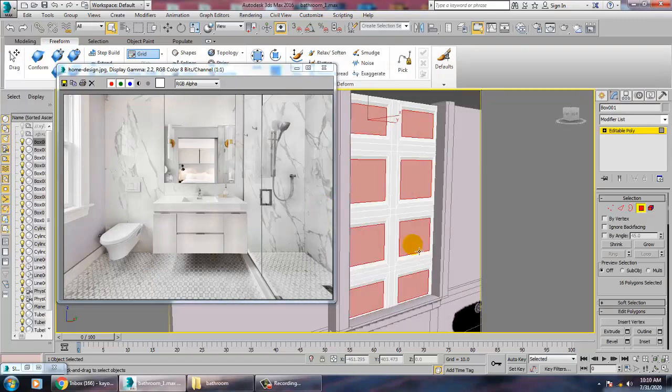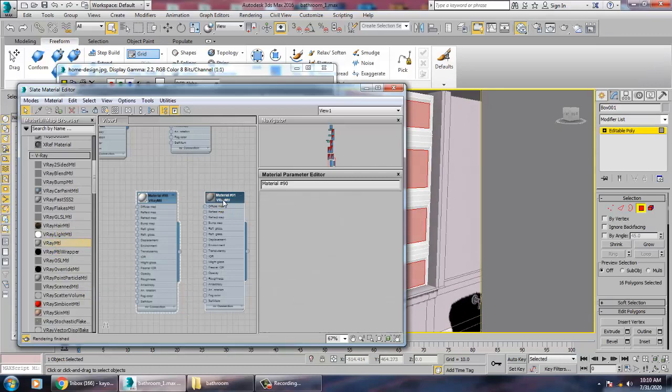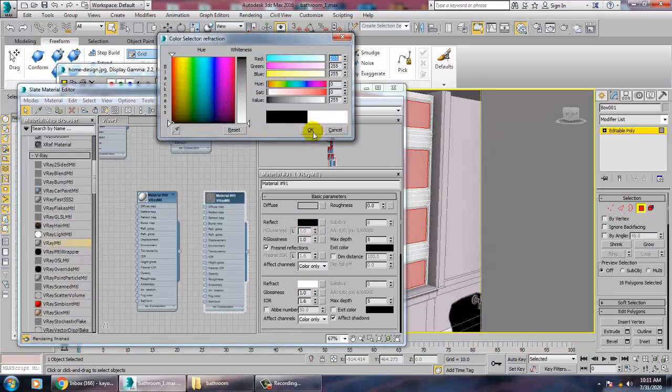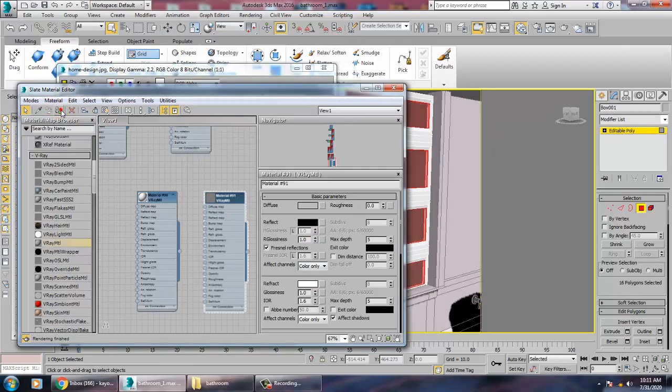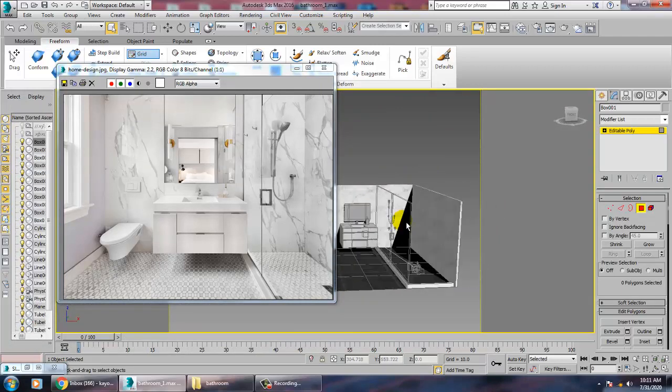Again press M, and in this V-Ray material, let's give a bit of plain glass so that light can pass through it. So we have made this a glass.